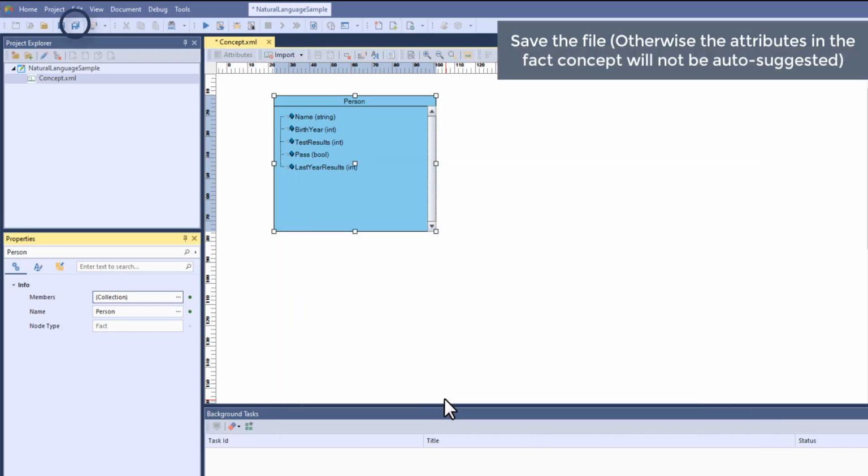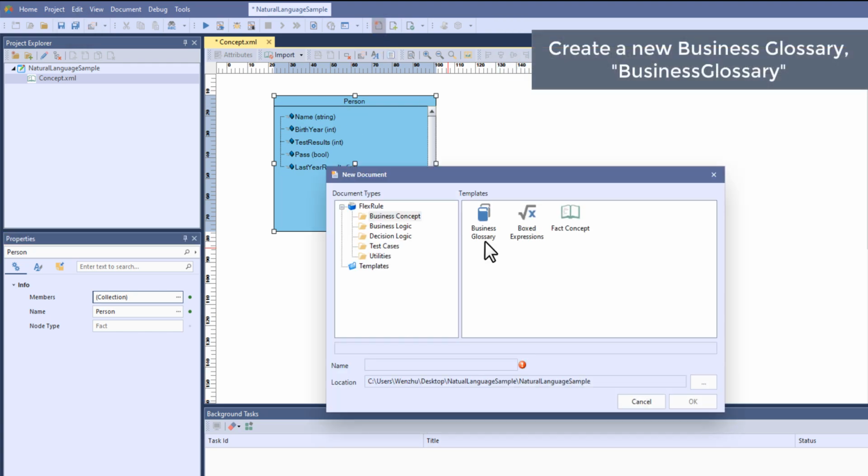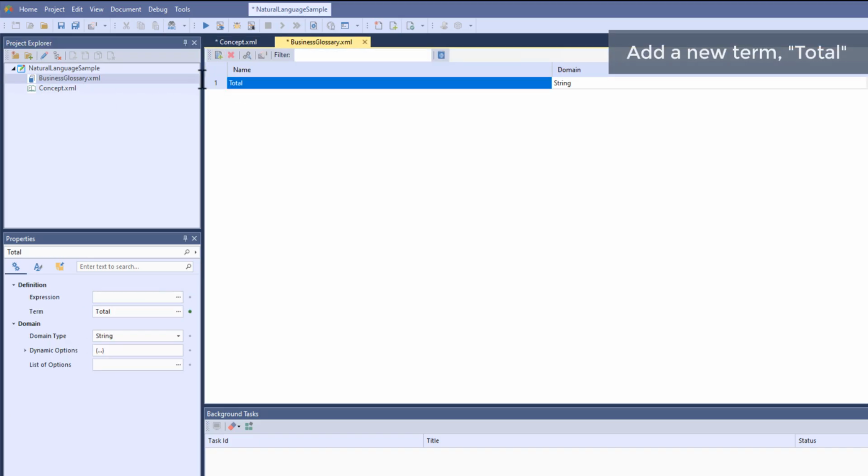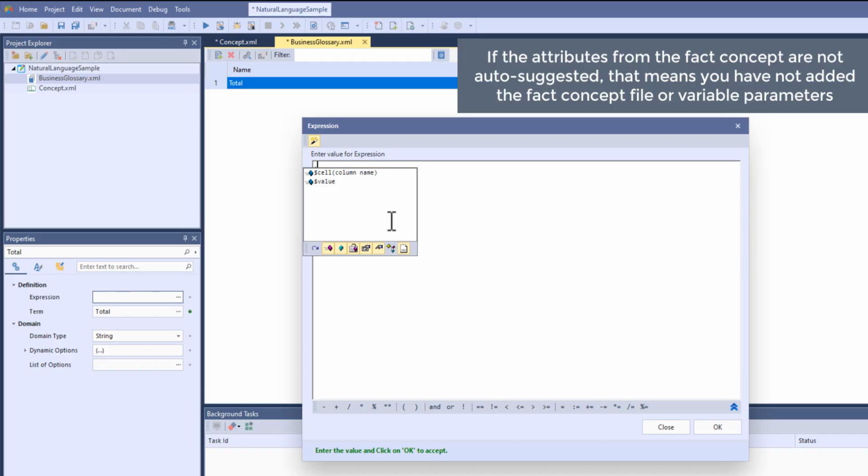Save the file. Otherwise, the attributes in the fact concept will not be auto-suggested. Create a new business glossary document. Add a new term, total. If the attributes from the fact concept are not auto-suggested, that means you have not added the fact concept file